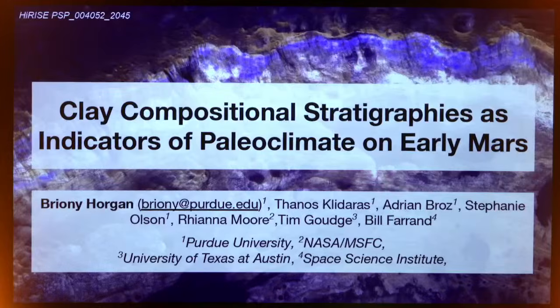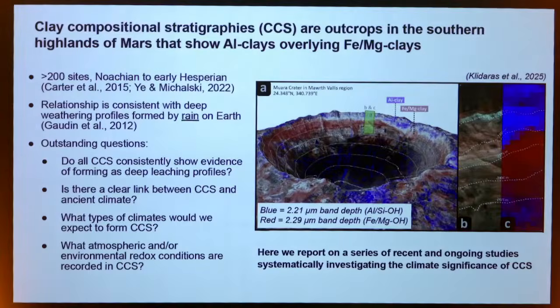Okay, so today I'll be talking about compositional clay stratigraphies, which is the technical term we're using to non-interpretively describe these kinds of deposits, which we've heard about this morning already. I'll call them clay stratigraphies for short. These are outcrops that have been discovered across the southern highlands of Mars that show aluminum clays overlying iron magnesium clays, as shown in this nice figure from Thanos' paper out earlier this year, shown in 3D, where the blue